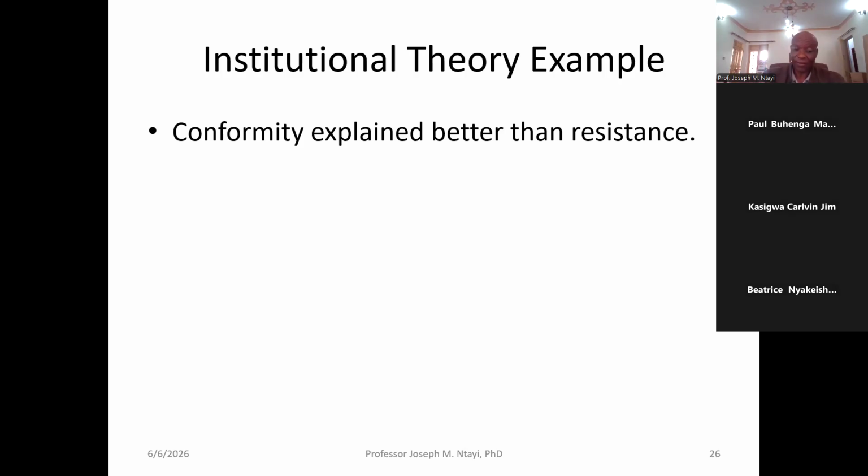So ladies and gentlemen, if we take an institutional theory example here, let's imagine that we are using DiMaggio and Powell, right? So in this case, you are explaining a phenomenon using DiMaggio and Powell. So you'll be able to say that institutional theory explains how organizations, for example, conform to institutional pressures for legitimacy. And because what institutions are seeking is legitimacy, they must conform to pressures. And these pressures come from the regulators, for example, right? They come from professional associations, for example, right? So they are trying their level best.